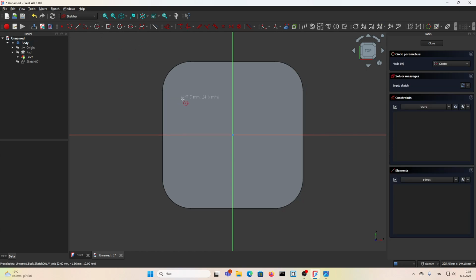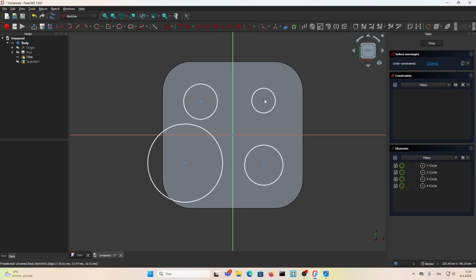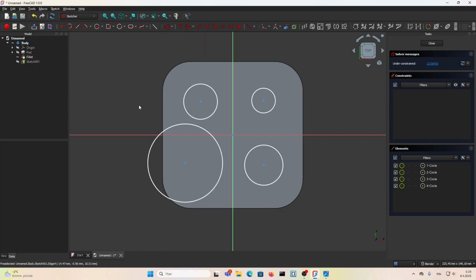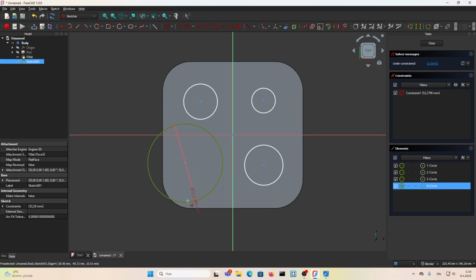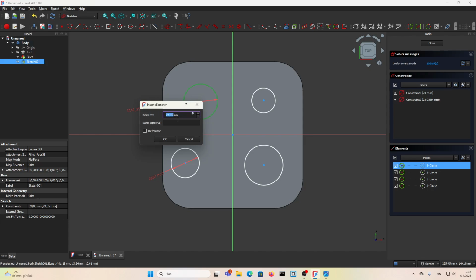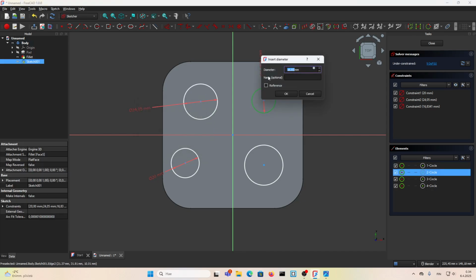From here, the circle tool. One, two, three, four. The size and the position is not important right now. The size, we said it's 20 millimeters. You can add the dimension from here. We have the dimension tool in here, or you can press D from the keyboard. I prefer to press D. And now we have the dimension tool. Click on here, 20. I can add the dimension on this one also, and I can add the dimension on this one also,